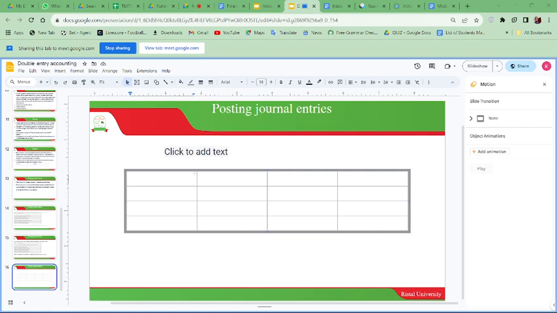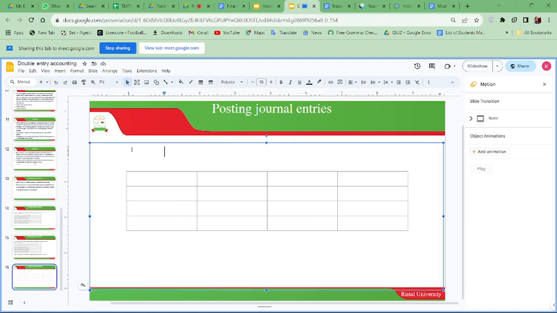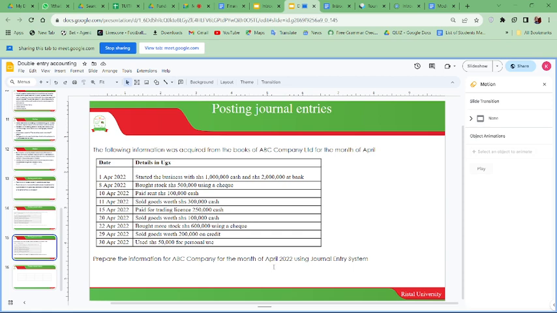Yes, let's start with this example. When we are looking at a general entry,